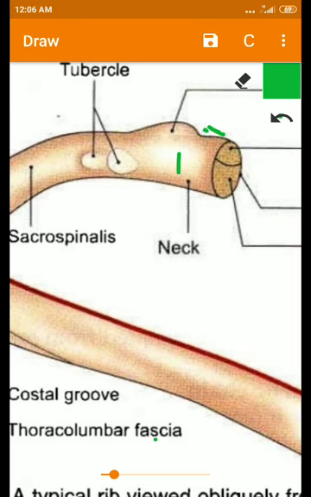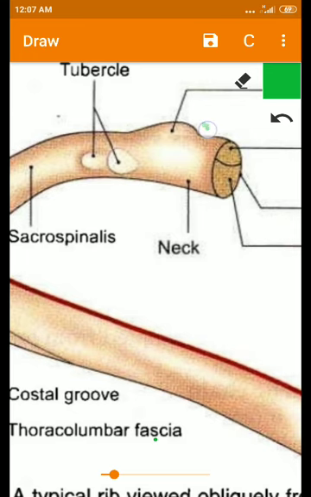So, anterior surface, posterior surface, two borders, upper border and lower border. Now we will see what the attachments to the surface are. The anterior surface faces upwards and forwards, and it is smooth. A ridge is present on the anterior surface, which gives attachment